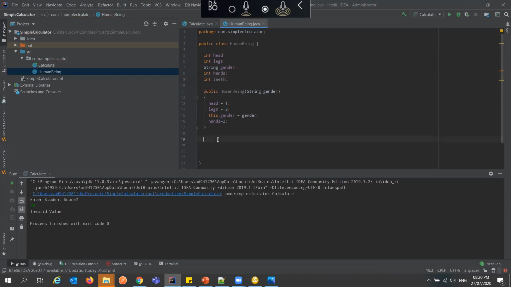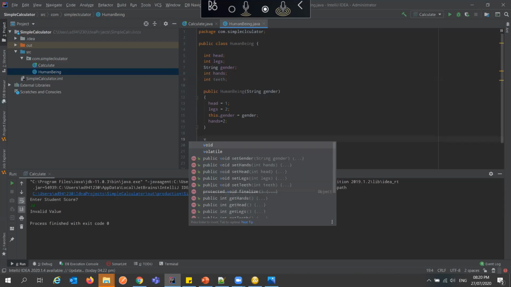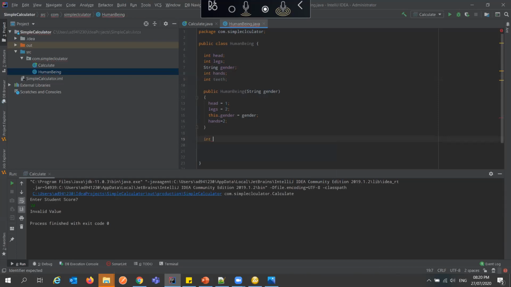I want to have a method, I'll call it void, or I can call it int, set teeth. By default, when you give birth to a child, it should not have teeth, right?